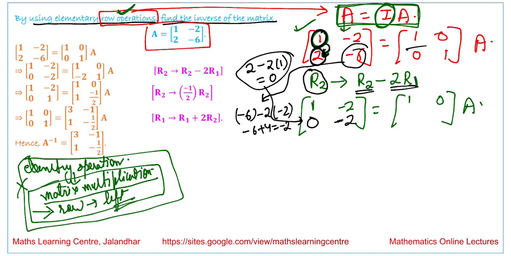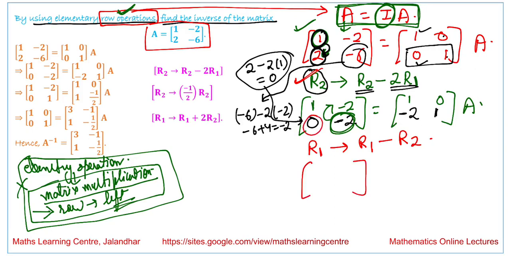A similar operation we have to apply over here. So it is row 2 minus 2 times row 1, so it is minus 2, and then row 2 minus 2 times row 1 gives 1. Next, with the help of this element minus 2, we are going to make this term 0. So we apply row operations: row 1 approaches row 1 minus row 2.